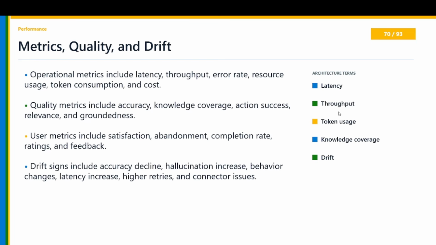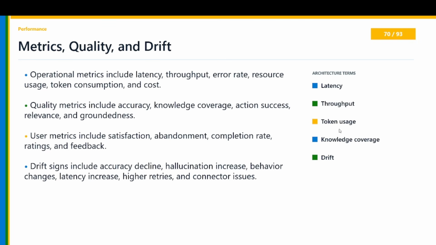Then throughput. So throughput is a successful operation. So what is the success rate? At what rate does it generate outputs, or does it perform a task? So success rate tells you throughput, part of the architecture. You have token usage, so LLM token usage. How many tokens is it using to perform a task? Is it generating high token for a simple task that should not be using too much token? So token usage is also part of your performance, because you are optimizing